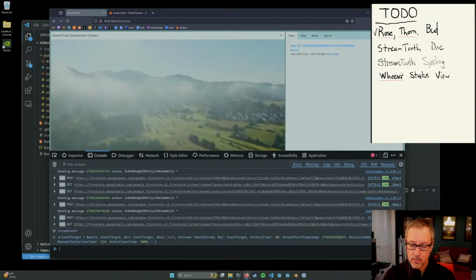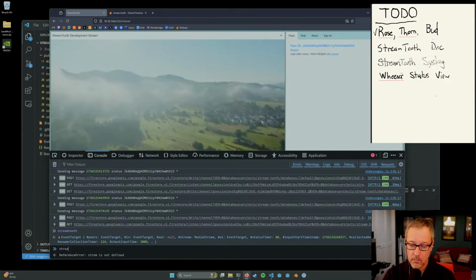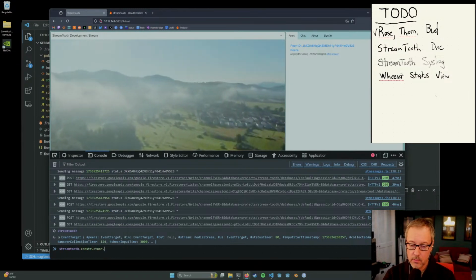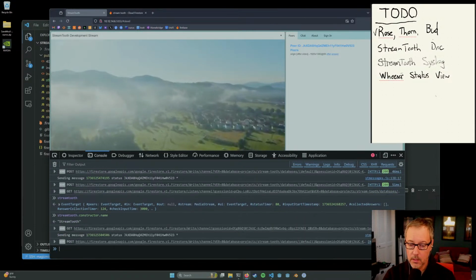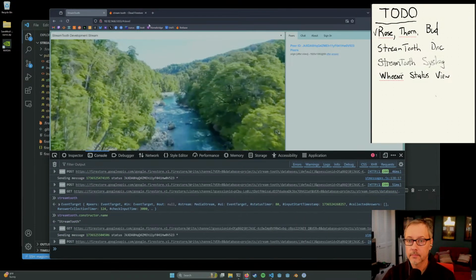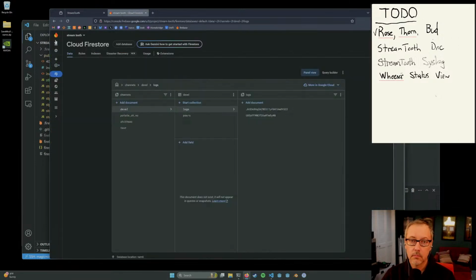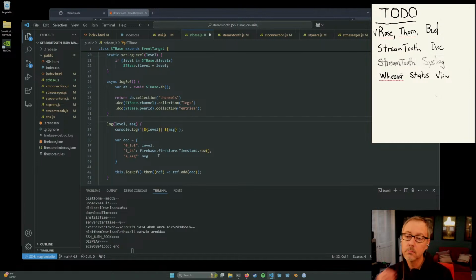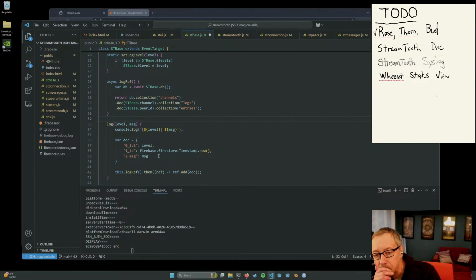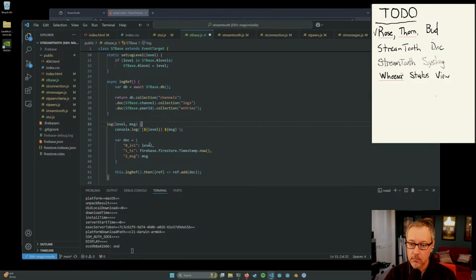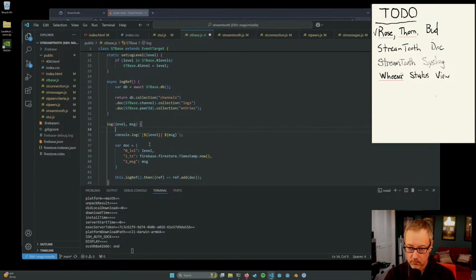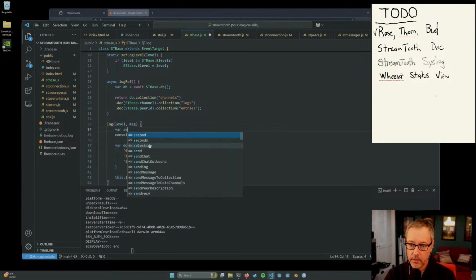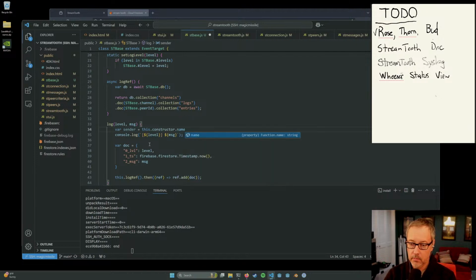Streamtooth constructor name. Aha. Okay. Sender is equal to this dot constructor dot name. Okay.